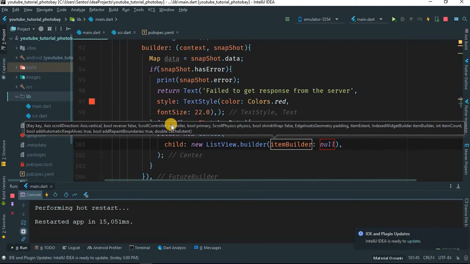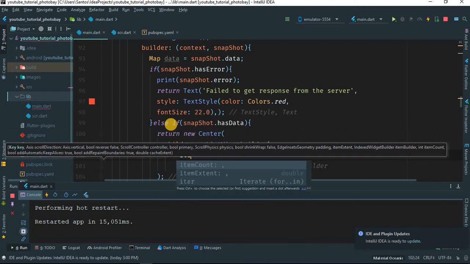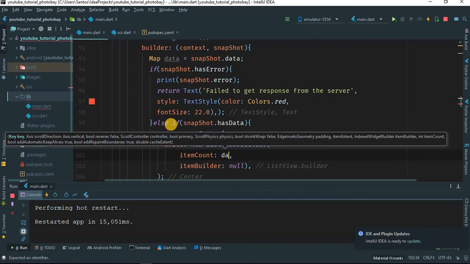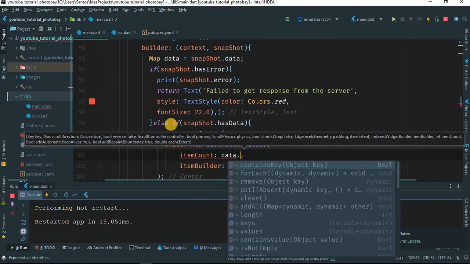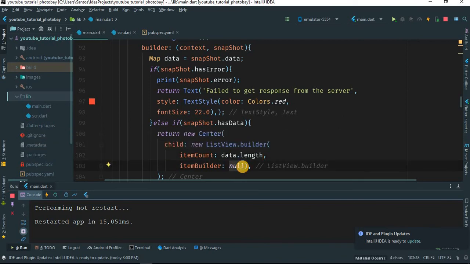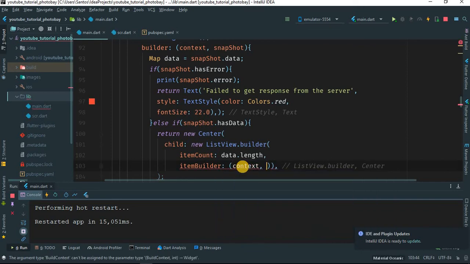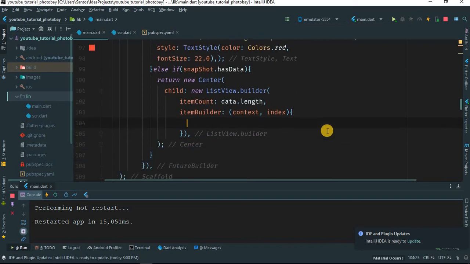and before we have the item builder, we'll come here and give item count, and for the item count let's give data dot length, and this is basically the data map we created here. We're giving data dot length. For the item builder, we're going to give the context and also the index. Okay,